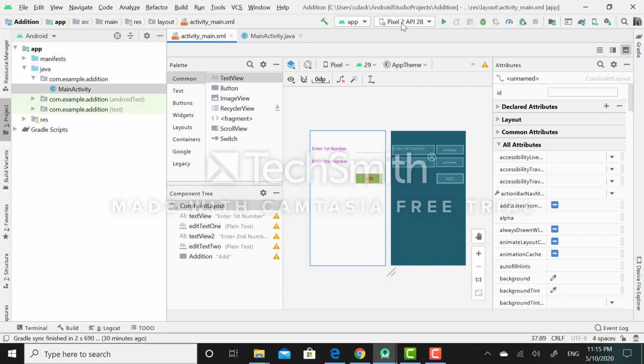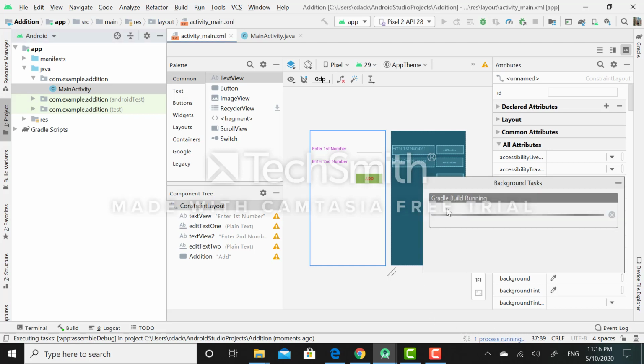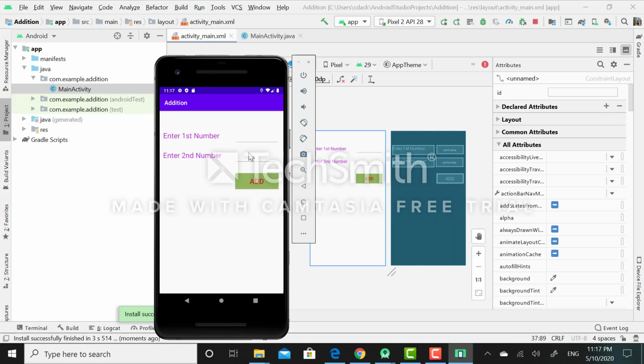Here I have selected Pixel 2 API 28 device. Now I will simply click on run button to run my application. So here you can find two processes are running. So in this way my program has been run successfully.